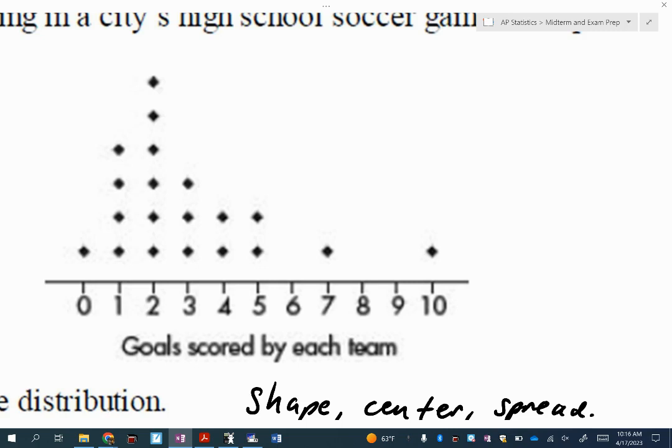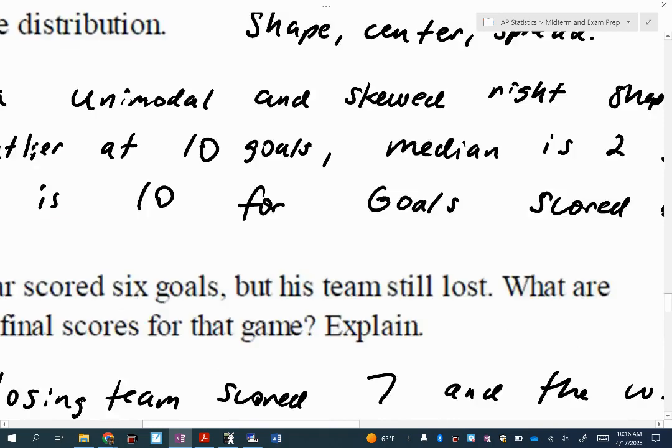No. Now be careful. Some students might say 5 of them won, but do you actually know if these teams here that scored 2 goals played these teams to the left? No, because could a team that scored 2 goals have played the team that scored 5? Absolutely. So all you got to do to answer this is to say